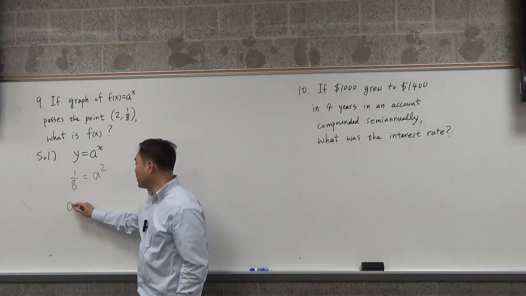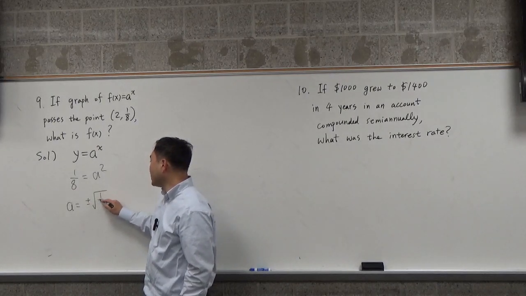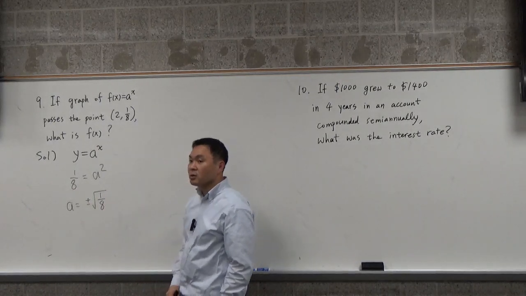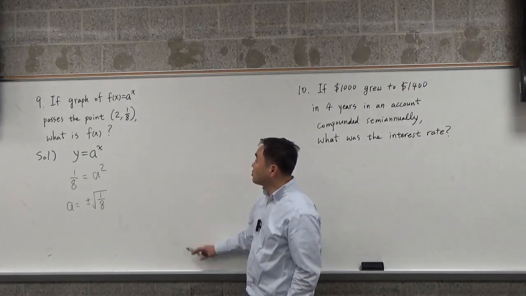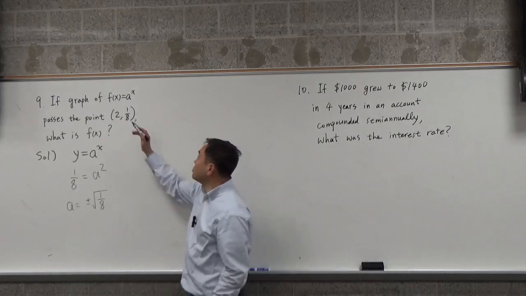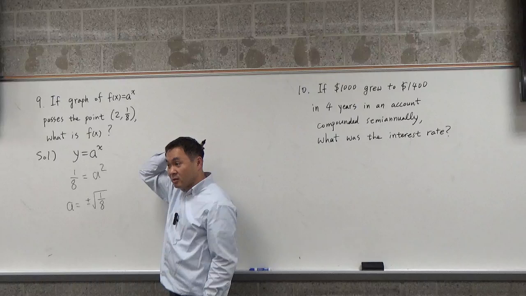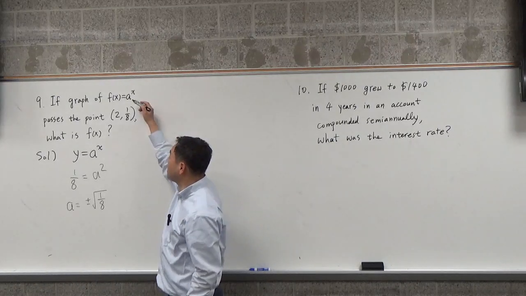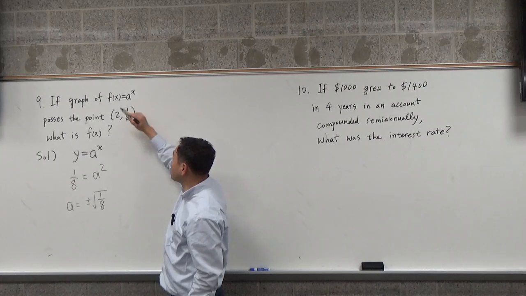That means a is equal to plus or minus the square root of 1/8. But by convention, we never talk about the graph of a to the x if a is less than 0. Yeah. It's okay for a to be less than 1. Actually, this one,